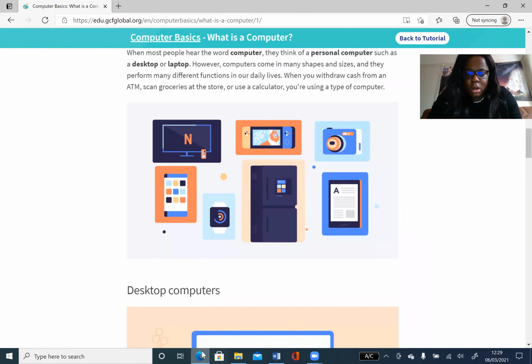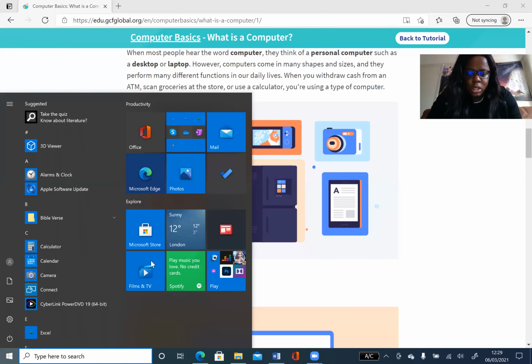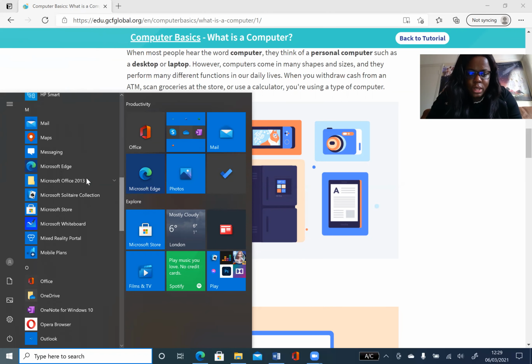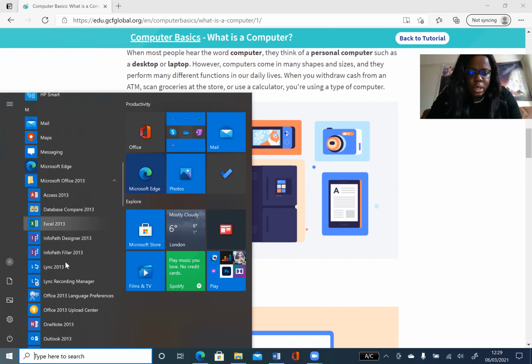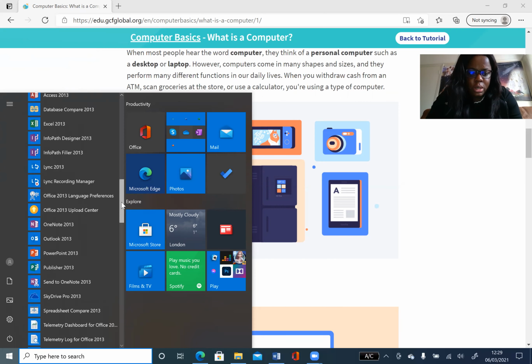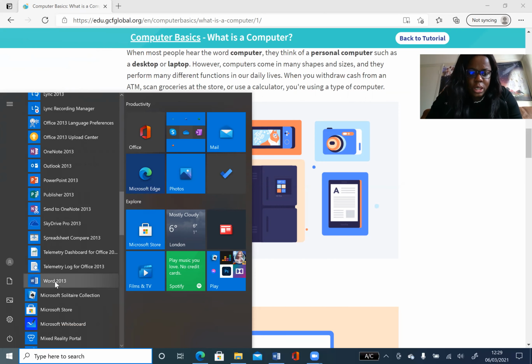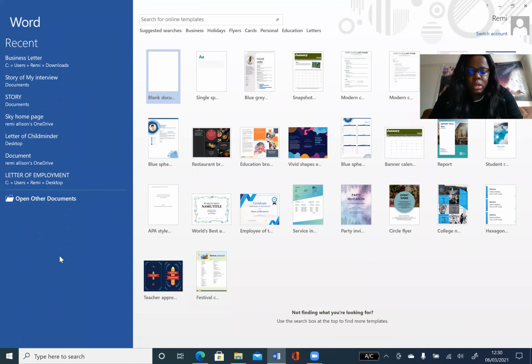So I go back to the tabs in my computer, in my desktop, in my screen. You can choose the Windows Start button, which is on the left hand side of your screen at the bottom. You click on it, then you choose Microsoft Word. It should be in the Microsoft Office folder. I have the 2013 version. I choose it and I look for Microsoft Word, which is here. When you click on it,